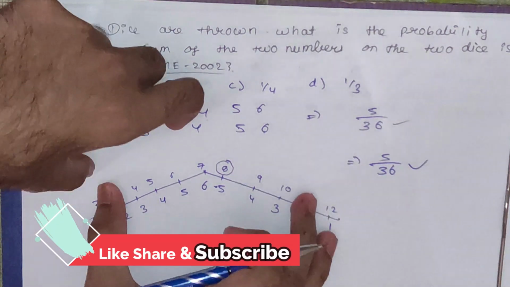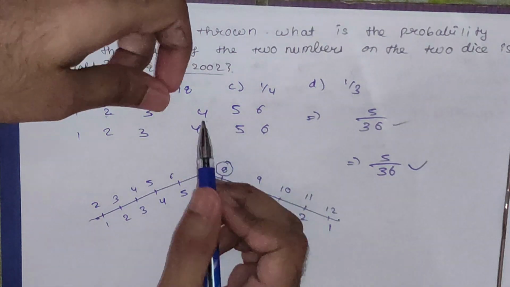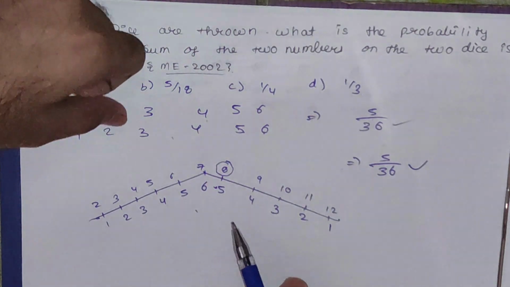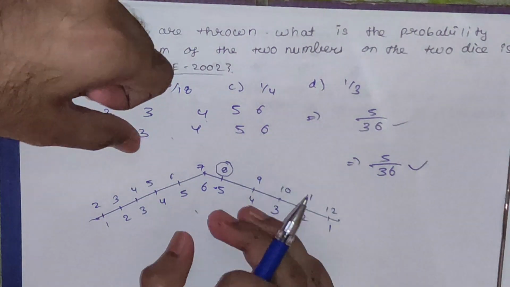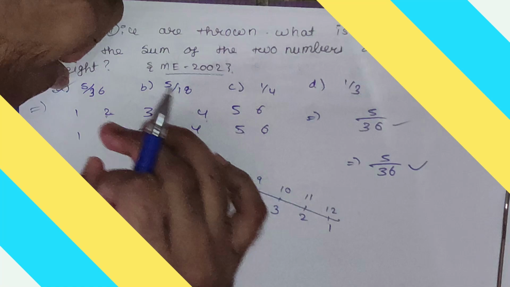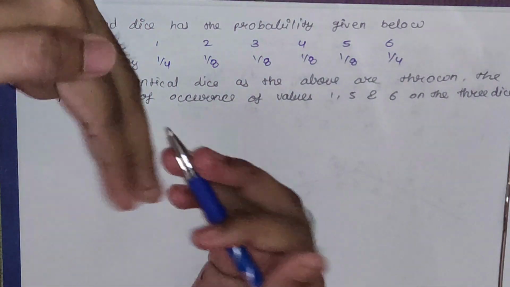So from this tree theory also you can get the answer, but it's on you. You have to use this way or this way. Both of these are going to take the same amount of time, because for the tree diagram also you have to write this many things. Till now we have completed the three basic sums. Now we are going to see advanced sums.